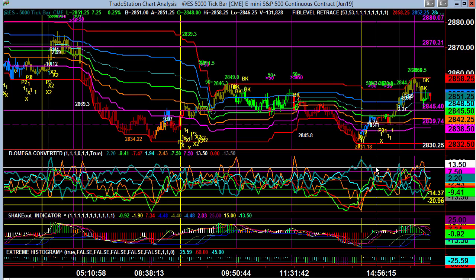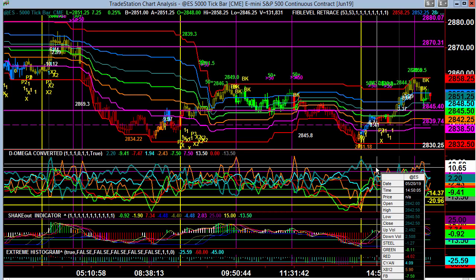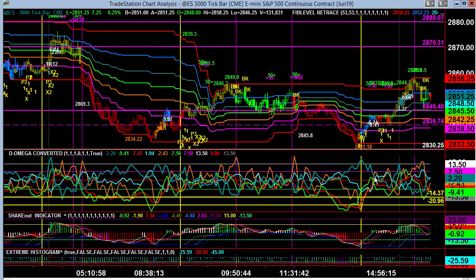Now it rejected pretty darn quick right here. The problem was you ended up with no real follow through from that, and it kind of just stayed stagnant going across. Still would have worked from a short standpoint, but it would have been, you know, boring nothingness as it just stayed kind of elevated. You had these little dips, looked like things were going to get attractive, but no serious breakdown in the red